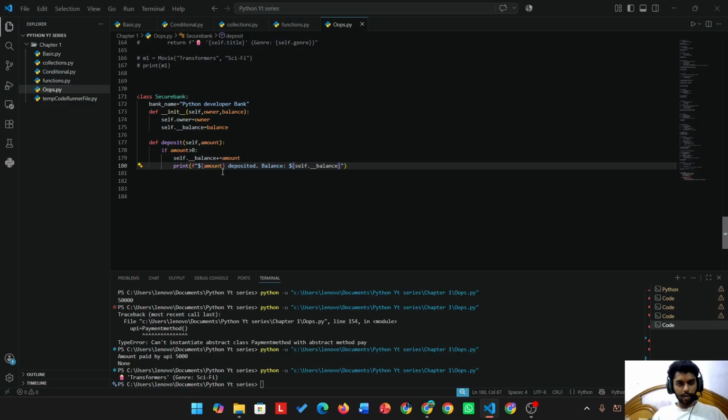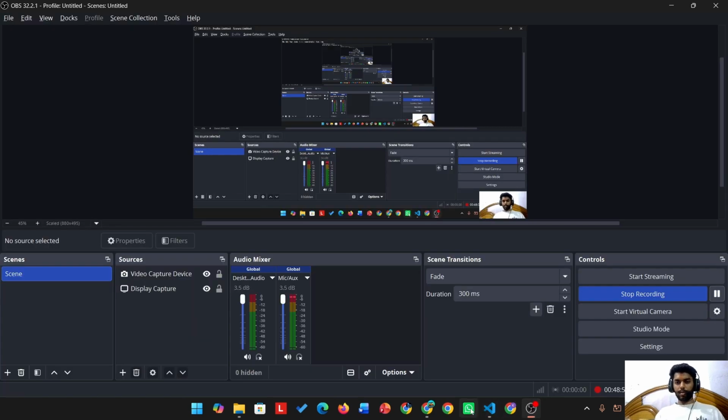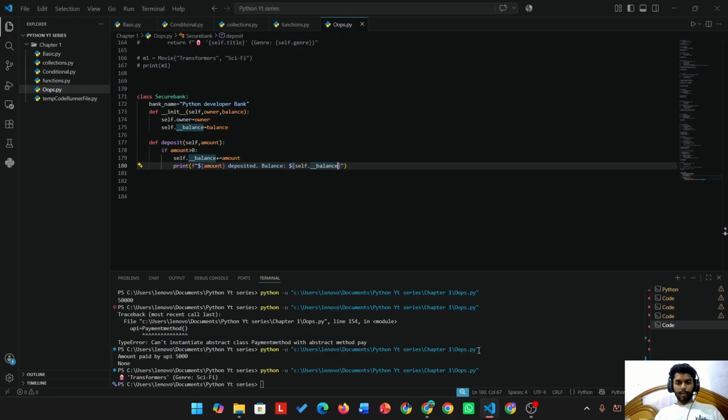So this is the amount that we deposited and the balance is that after adding the amount. So after that